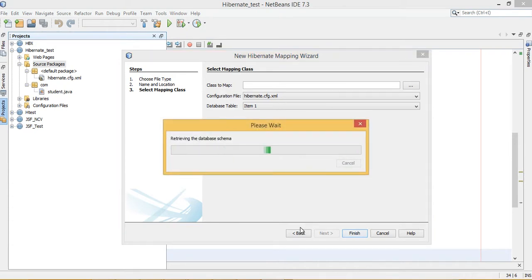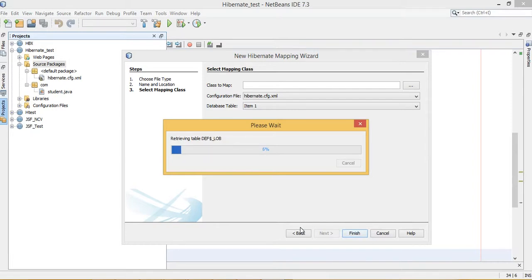So here it is retrieving all the information about the database tables, because we selected the Oracle database. It requires slightly 1 or 2 minutes to fetch all tables from the Oracle database.